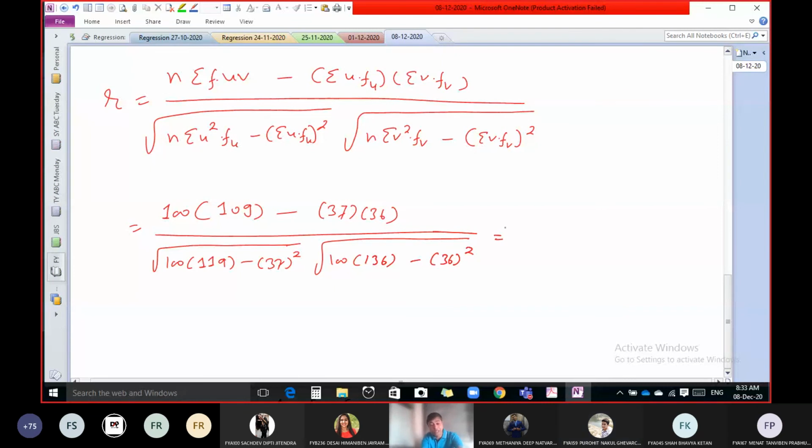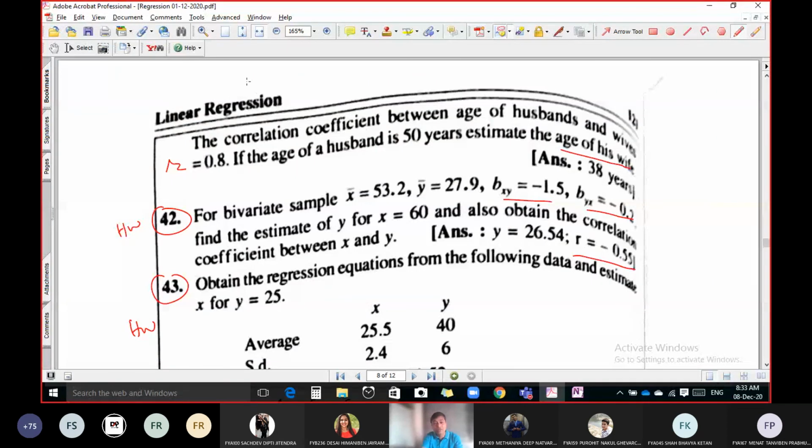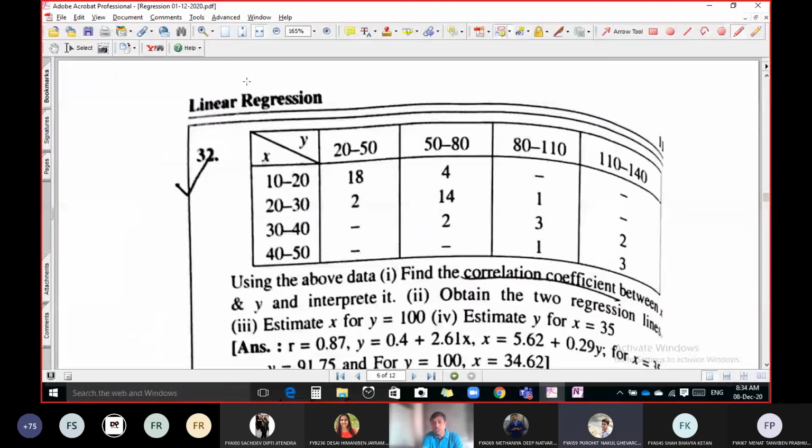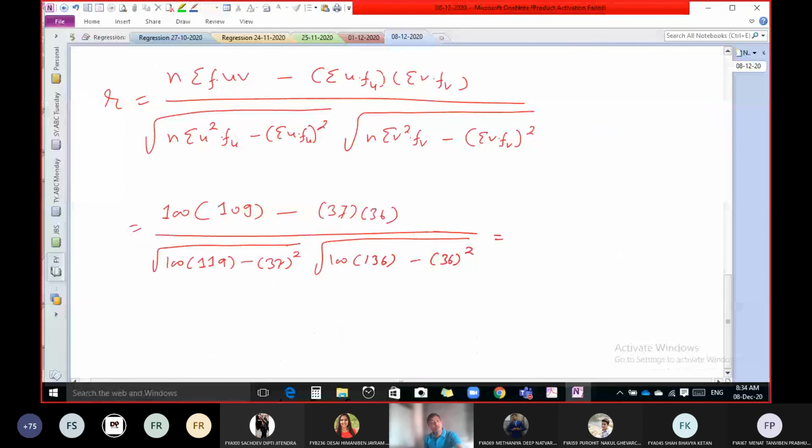This is not required for this question because this is a question of regression, but the same thing you have to do in the correlation chapter also. So in correlation, now Chirag Trivedi sir will not take this question. Reason, you know how to calculate correlation. So in correlation, he will skip this particular question. So be careful. The correlation question for this type of data is already done, and how to solve that, you know.